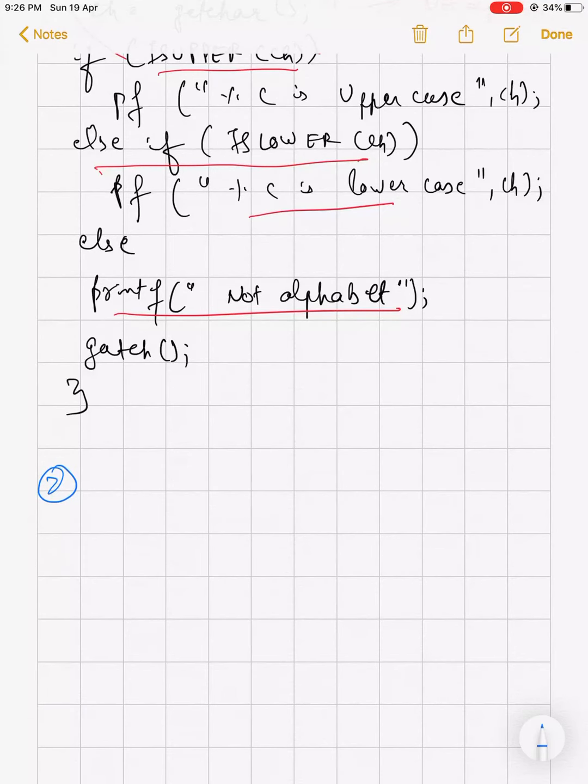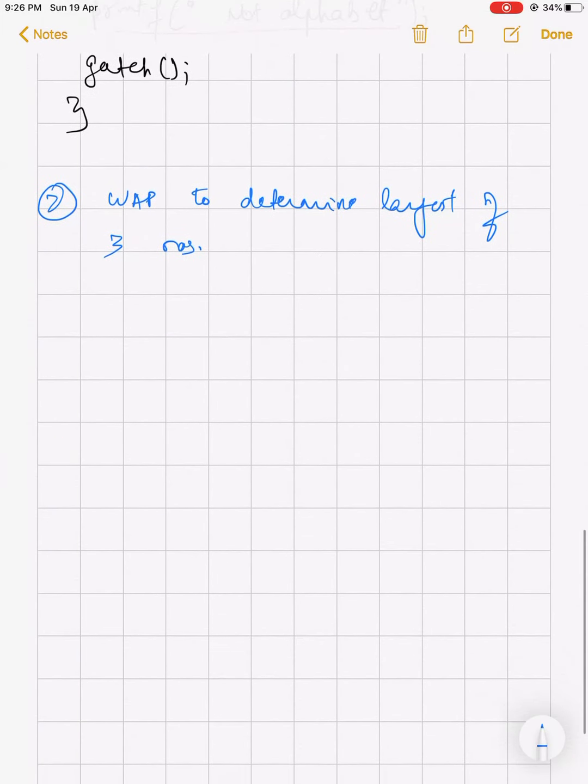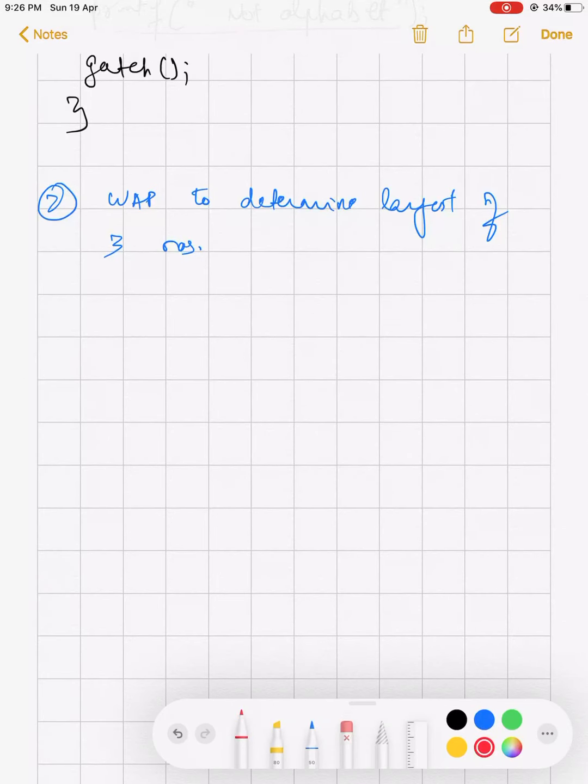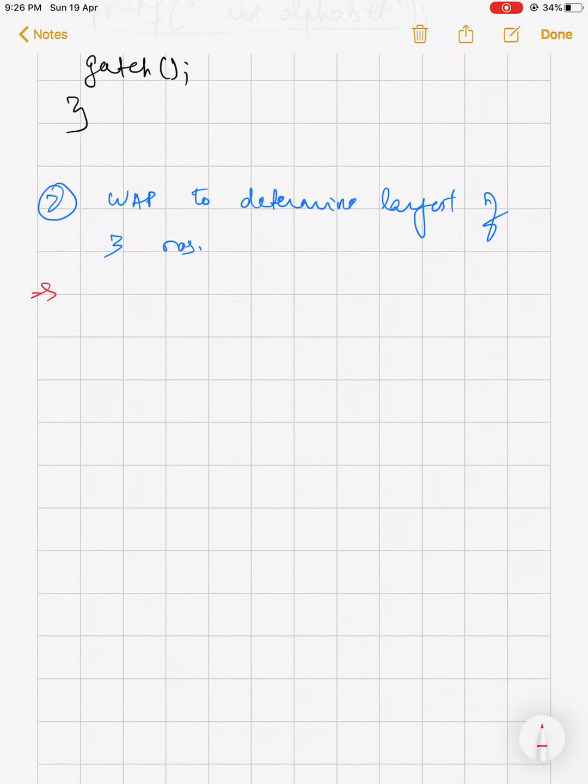Now coming back to program 2. Program 2 is to determine the largest. Write a program to determine the largest of 3 numbers. Here you can take the help of say max AB, then max AB or ABC, or by mentioning the ternary operator also.